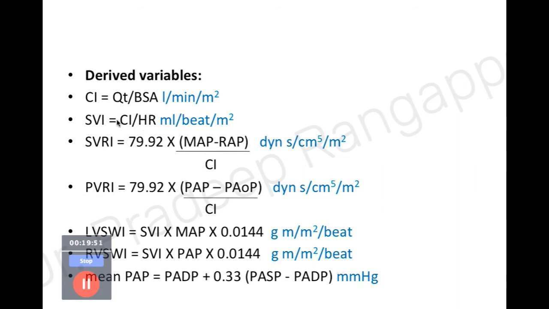Once you get cardiac index, you can start deriving all these other variables which are dependent on it, like SVRI, PVRI, and left ventricular stroke work index, which is stroke volume index into MAP into 0.0136, and RV stroke work index, which is SVI into PA pressure into 0.0136. So you can look into these formulas. At least we would expect you to remember SVRI and PVRI, because these are commonly used when you are doing thermodilution and getting cardiac output or cardiac index in PA catheter.